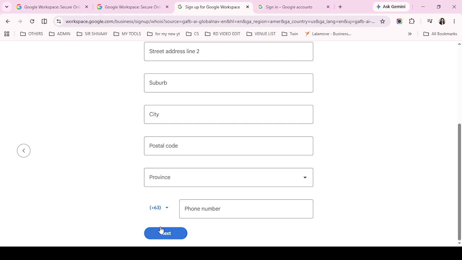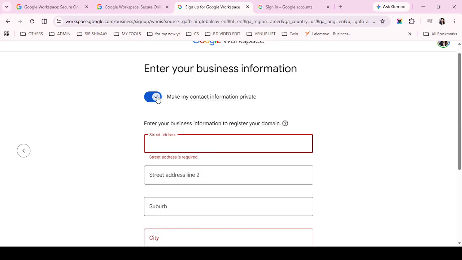This step is where accuracy matters most, since the migration can only begin once Google Workspace successfully connects